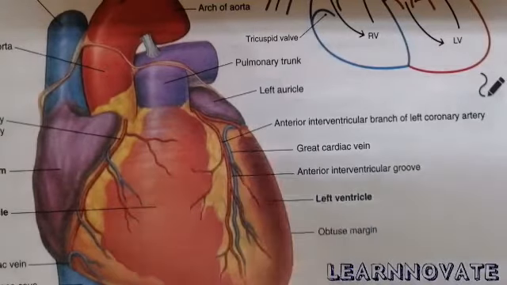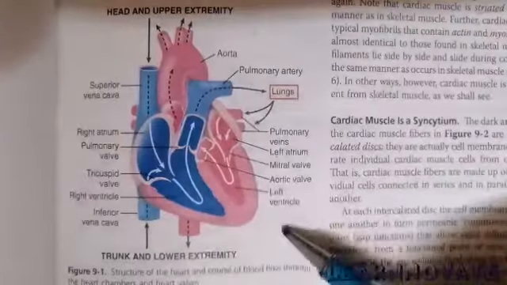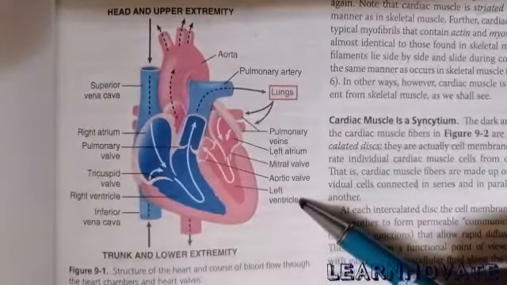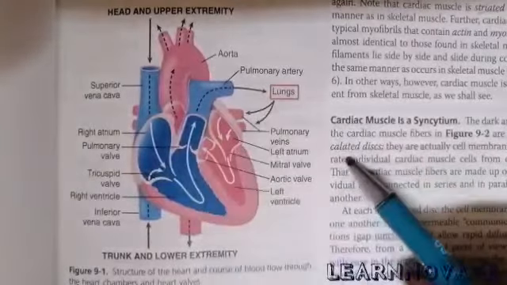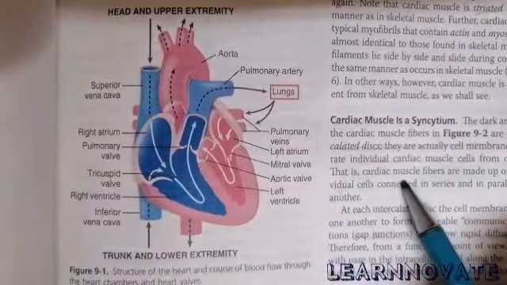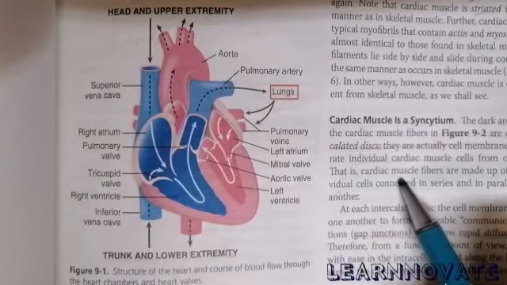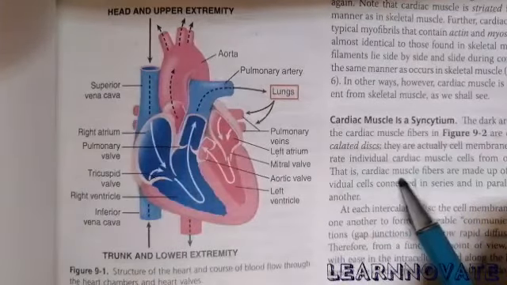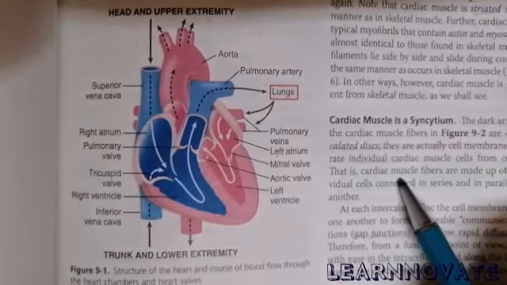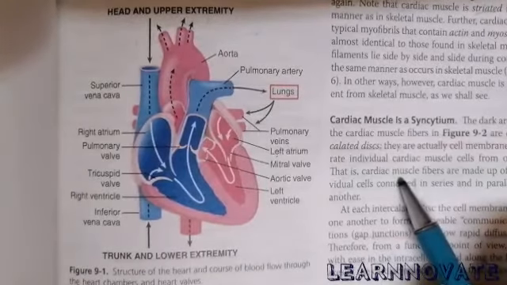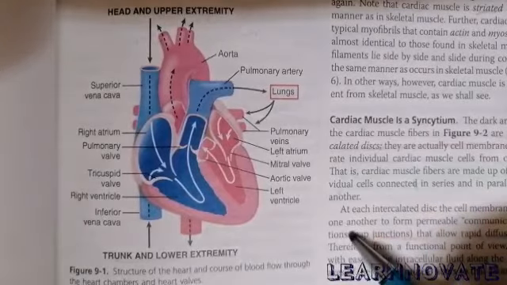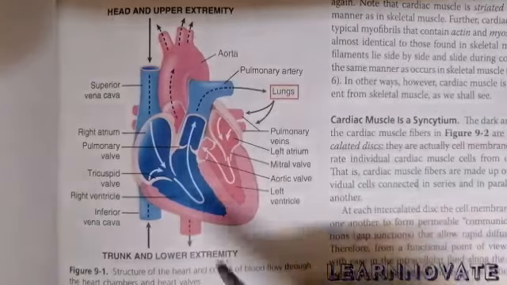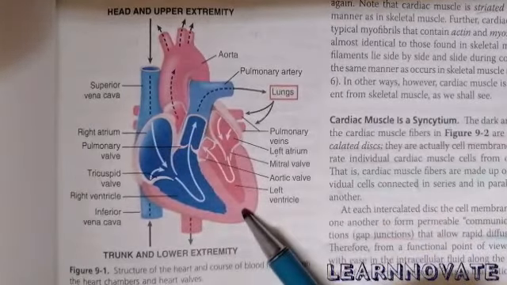So, starting with the blood flow of the heart. Here you can see a diagram of blood flow through the heart, and in this diagram there are certain structures that we have discussed in a separate video on the gross anatomy of the heart: the right atrium, the right ventricle, the two ventricles, the two atriums, the pulmonary veins, the aorta, and all the structures we discussed in that video. But for a brief overview of how the blood is going to flow through these structures, I am going to review the parts of the heart again.